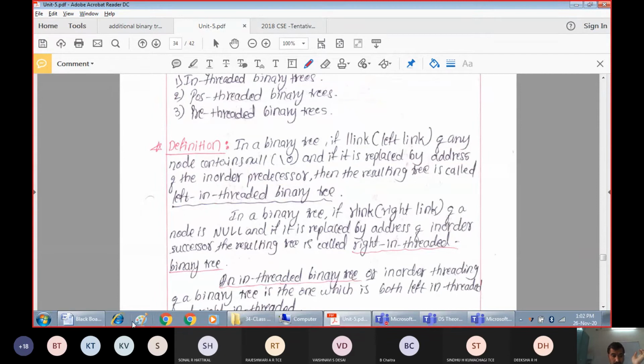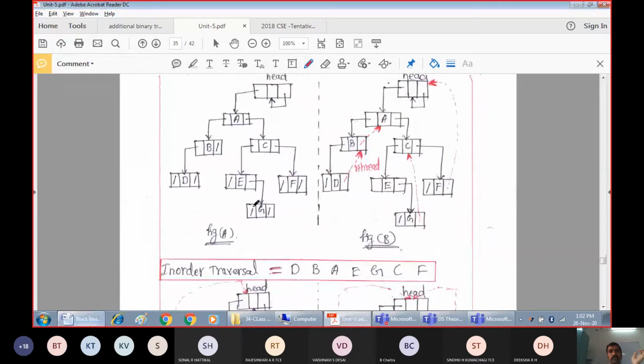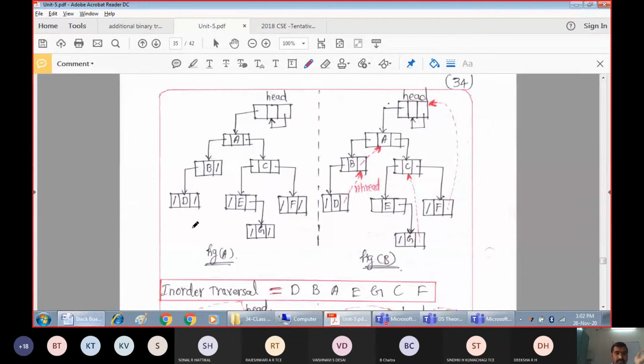For that purpose, you should take the tree and write the traversal. So this is my tree, and let us write the in-order traversal for this. Start from the root node. What does the procedure of in-order traversal say? First you have to go left, then the root will come in between, then we get the right subtree. Left, root, right.